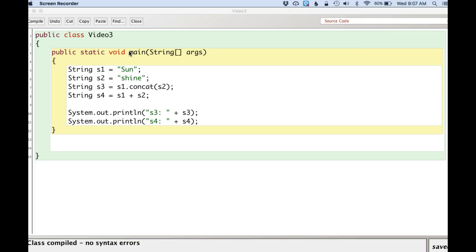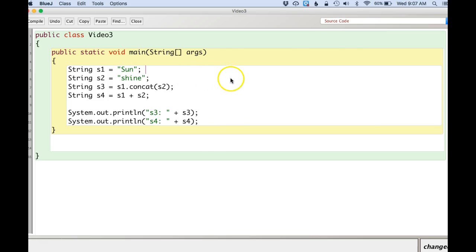So the first thing we're going to talk about today is concatenation. Concatenation is basically just making a compound word because it's adding strings together. So when you add strings together, woodchuck becomes woodchuck. That's exactly what's happening here. There's two ways to do it. You can use the method concat, and it puts together S1, which would be sun, and S2, which would be shine,